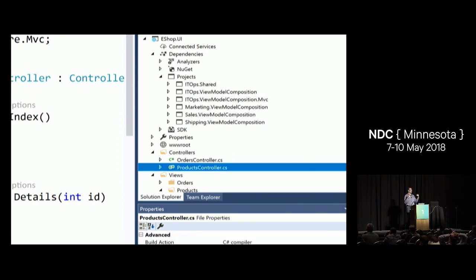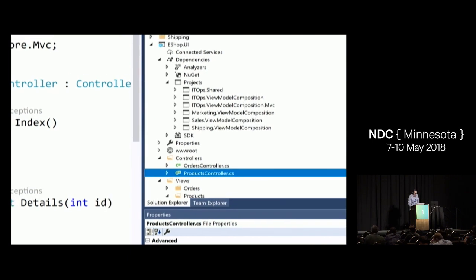If I was to work in a more proper production-ready DevOps type of pipeline, I'd have some kind of Octopus Deploy script that is taking that generic host package and the shipping view model package and the sales view model package and the marketing view model package and deploying them all up together without having those dependencies in there. But because for this demo I want myself, and for all of you when you run it later on, to just be able to F5 and go,